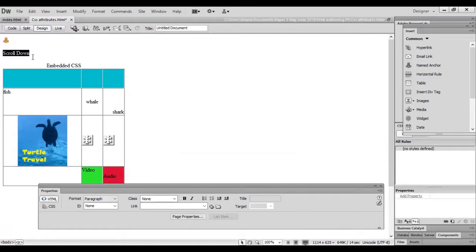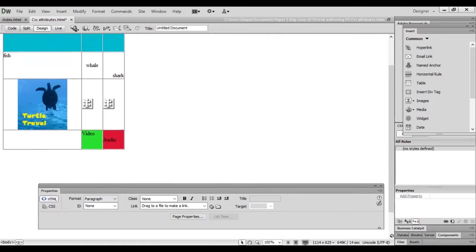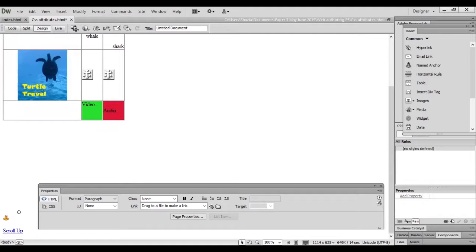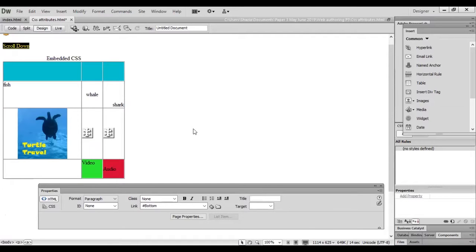So select it, and now again point to this, click on this, point to file. So select your file here, select your anchor like this. When it shows a name, do like this. So this is how I have created internal linking, and I can move within a page without having to scroll down and up, because I have marked the division. So just view this page, save it and view it.